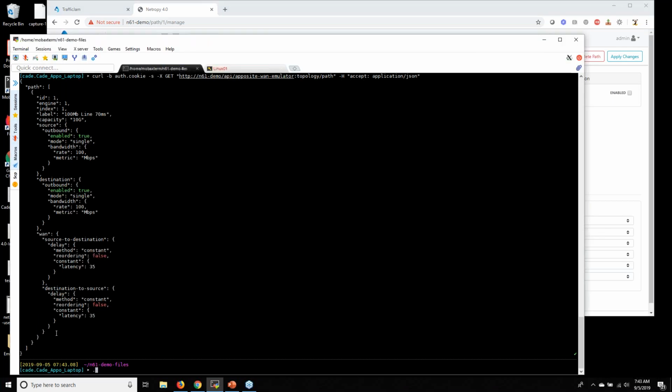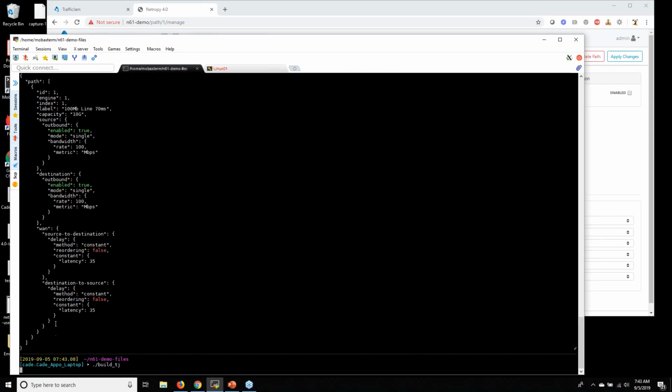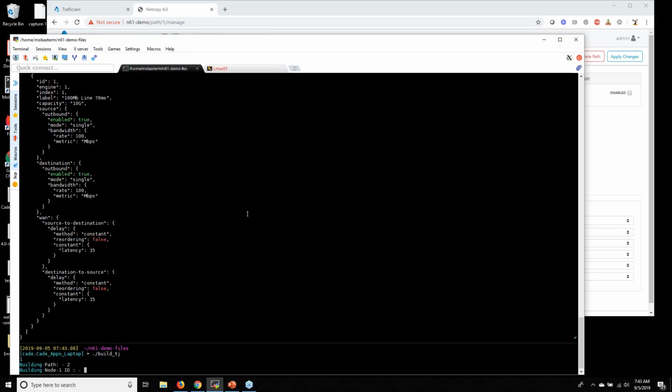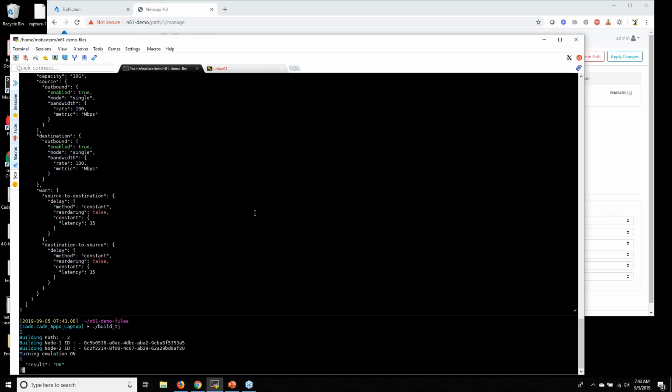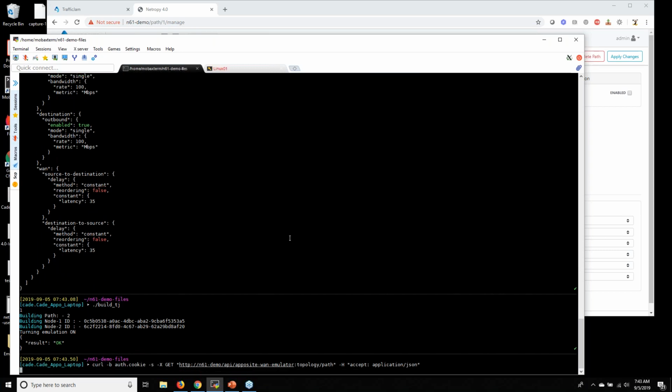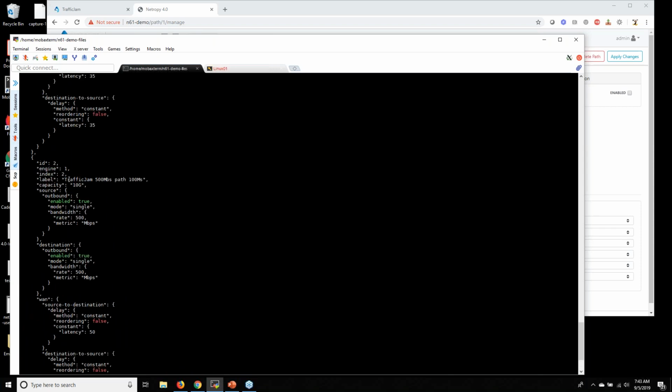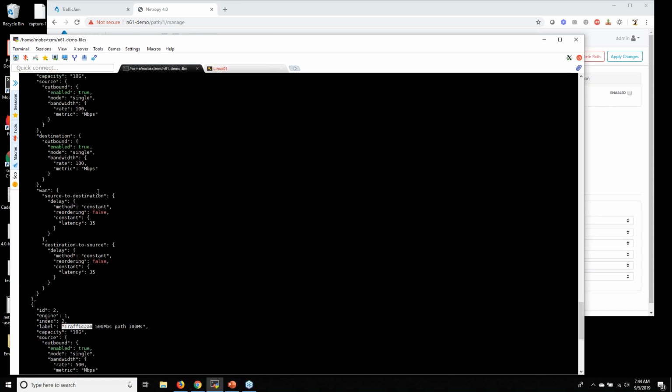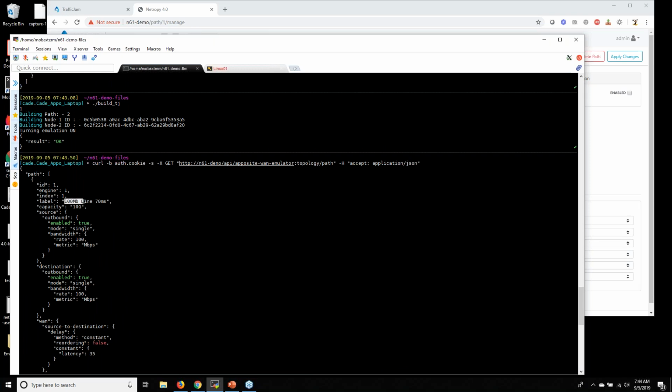So if I were to build my Traffic Jam lab again, and let's look at the paths. We'll now have 2 different paths. So now we see our Traffic Jam path as well as our 100 megabit line.